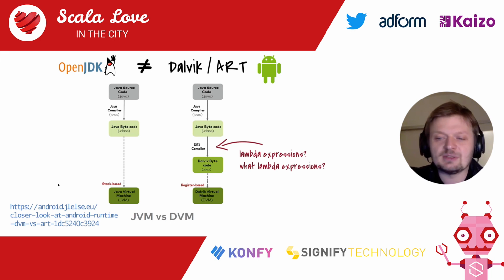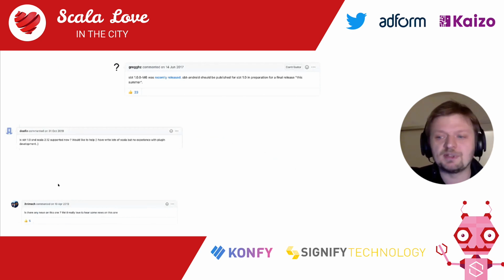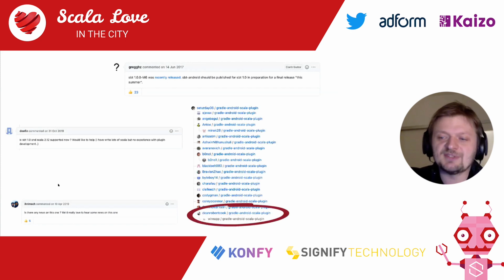And for example, when Java 8 was introduced with the support of Lambda expressions, Dalvik and ART stayed the same. And when Scala 2.12 was released, it turned out that it was impossible to use it on Android. In the beginning, it wasn't such a big deal. After all, Scala 2.11 was still supported. From the comments on the SBT Android plugin GitHub repository, we can see that people believe that the Lambda problem is just a bug like many others. On the Gradle plugin side, we at Wire and many other people too forked the plugin and tried some experiments,